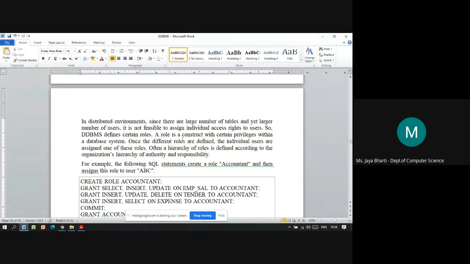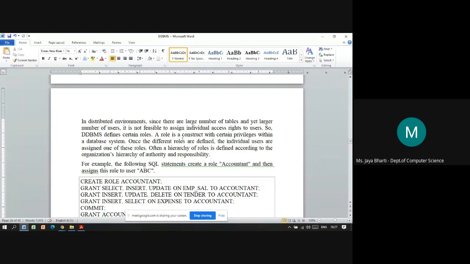So these roles are defined, and then the individuals are assigned to each role as per need. Once the different roles are defined, the individual users are assigned one of these roles as per the hierarchy defined according to the organization.